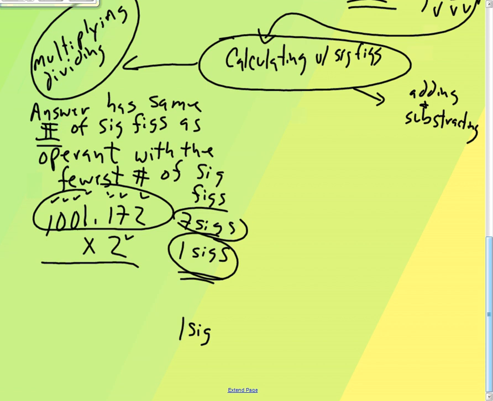I can only have 1 sig fig in my answer, meaning what do I have to do? I must round. So let's take 2 times this. I think we can do this without a calculator. 2 times 2 is 4. 2 times 7 is 14, carry your 1. 2 times 2 is 4 plus 1 is 5. 2200.344. Good. But I can only have 1 sig fig. So it means I can only have my 2 here. That means I have to round